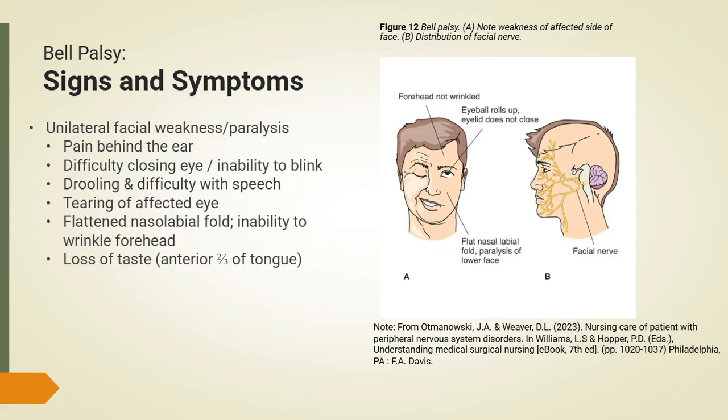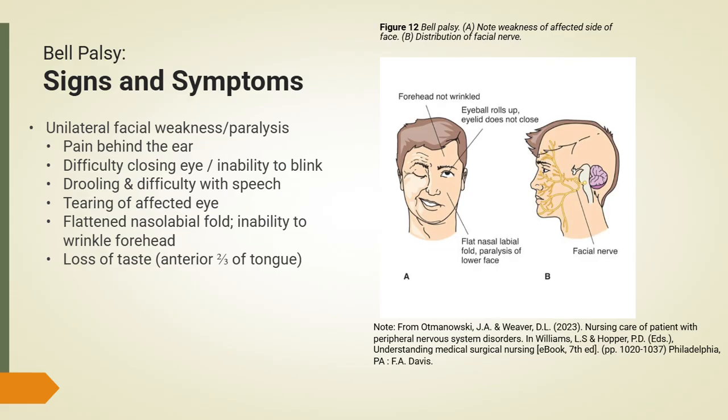First is pain, which may occur around the ear or jaw and is sometimes described as aching or discomfort rather than sharp pain. Next is weakness, which results from impaired nerve signals to the muscles of facial expression. This weakness causes the classic facial drooping you see in the image. The affected side of the forehead cannot wrinkle, the eyebrow does not lift, and the eyelid may not close completely, which puts the eye at risk of dryness and injury.